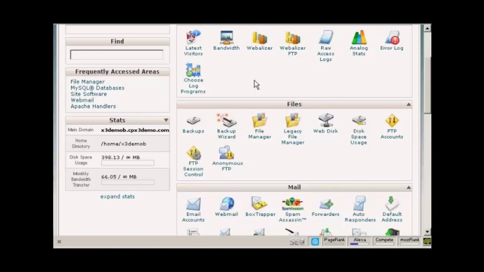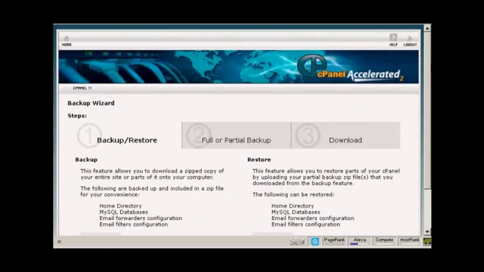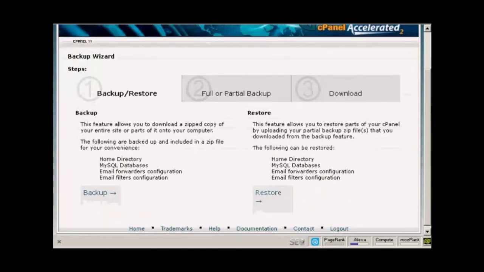quite similar. Okay, in cPanel, come down here to where it says Files, and then click here on Backup Wizard. And it gives you the steps here. You can back up or restore. And what you want to back up really are the two things that you need for your WordPress blog to work: the home directory and the MySQL databases. The things like email forwarders configuration and email filters configuration are more to do with the actual running of your website. So we click on Backup,